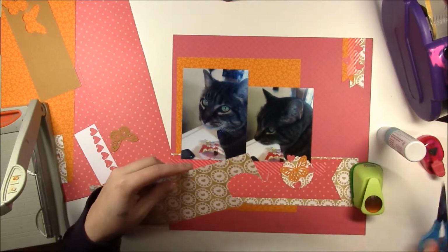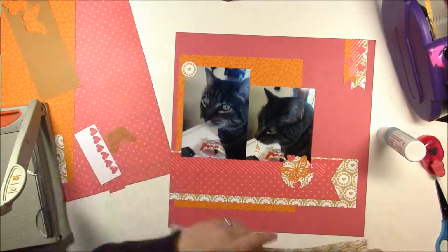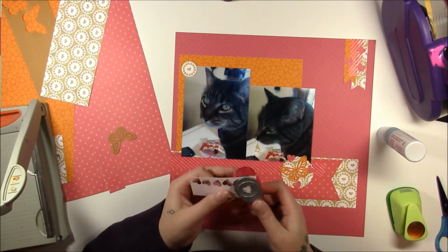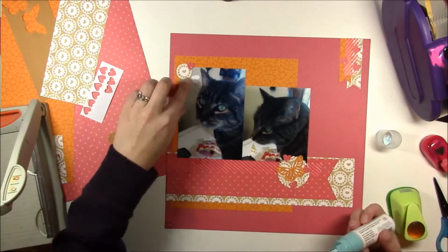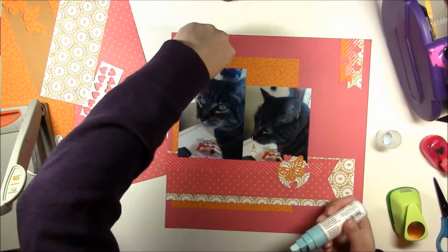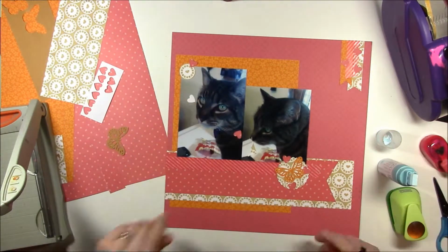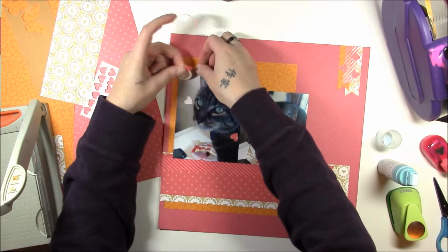So I singled out one of these viewfinder slides. I think that's what they're called. I think they were slides. And it's cool because my circle punch was the exact right size, which is fortuitous. And I'm going to get cut off on the video, but